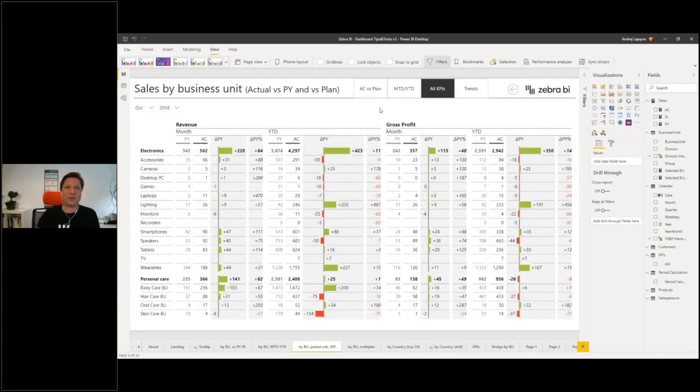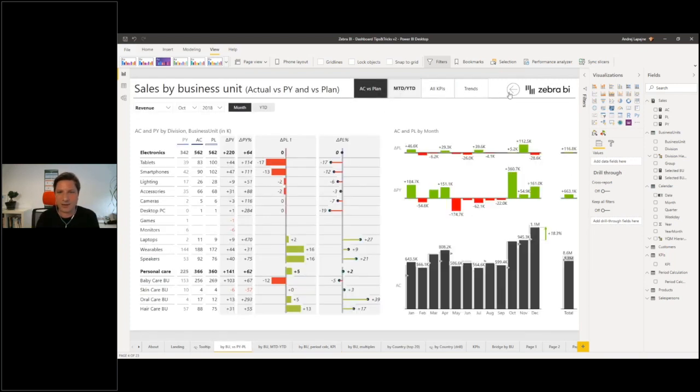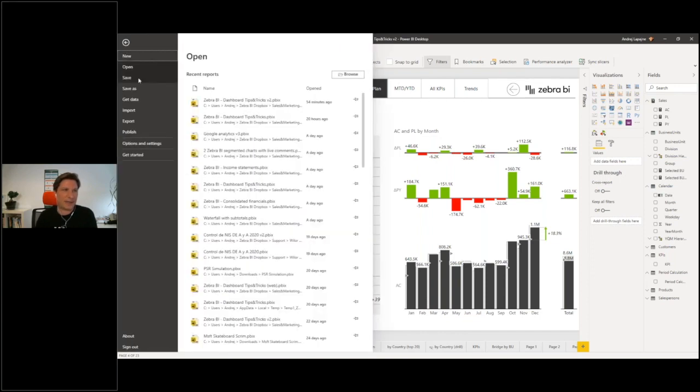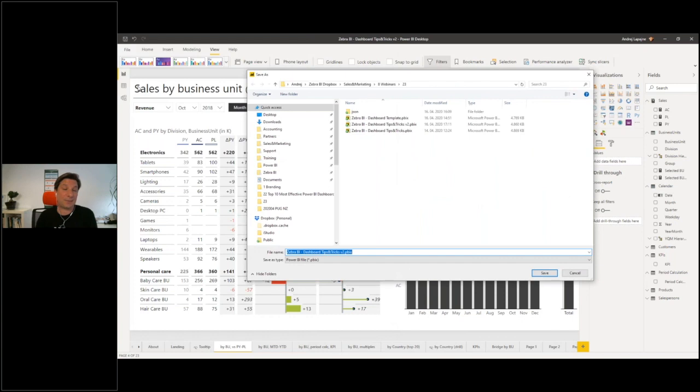So once you style all the elements, once you have everything perfect, all the design and so on, what you can do now is just go here, save, and then save this file as a Power BI template. Okay, so instead of saving it as a PBIX file, a Power BI file, you open here and you save it as a Power BI template file. All right, so it's the PBIT file ending here. You save it,